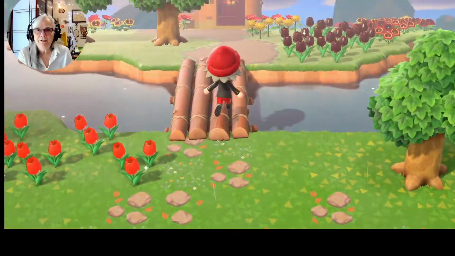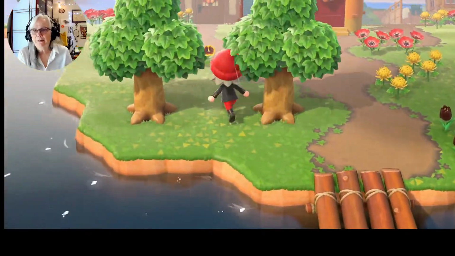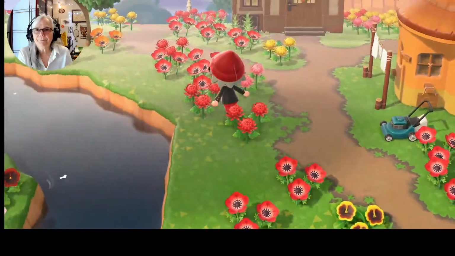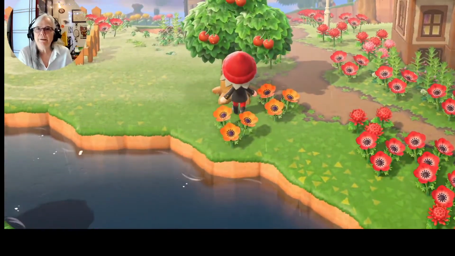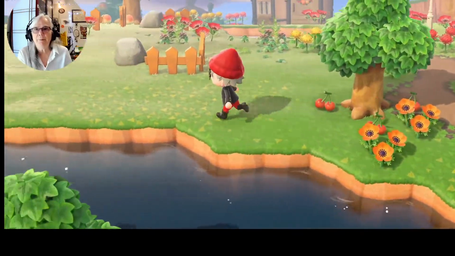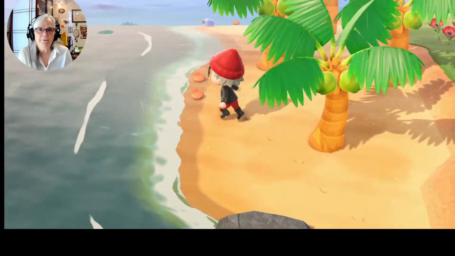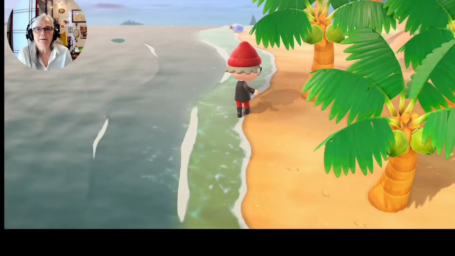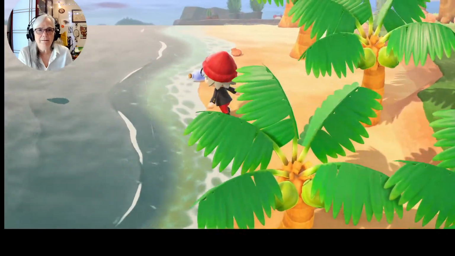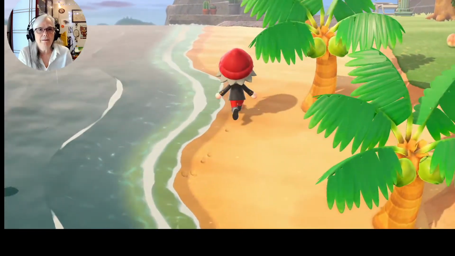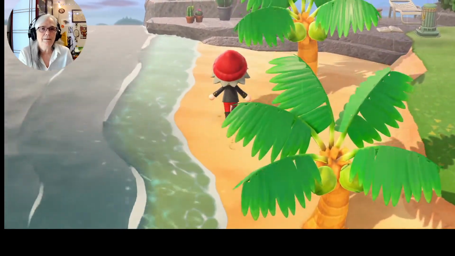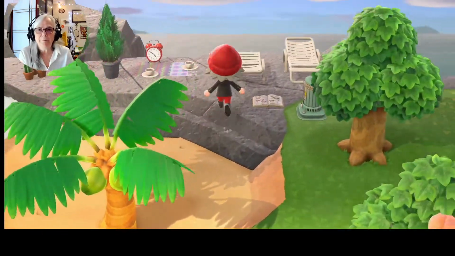So we'll finish up today with a walk. And shake the tree. I don't shake the peaches, but I shake everything else. I'm going to do a walk. Oh, look. I got 2 DIYs now. And there's a kind of gaudy little beach area.